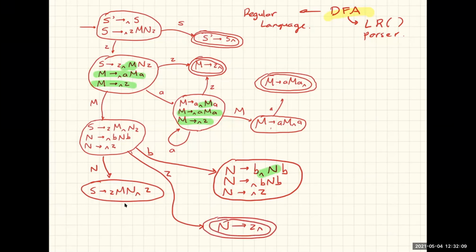That's it. Very good. So now let's finish this one because it's very easy. We just need to move the cursor to the last position by moving through Z, and we will have Z, M, N, Z cursor. And again, this is a final form, and thus is an accept state. Okay, now we have only this state, and we can see we can move again through N,